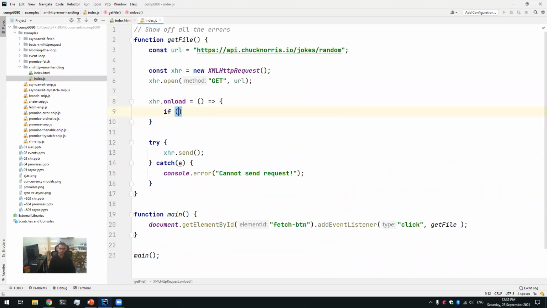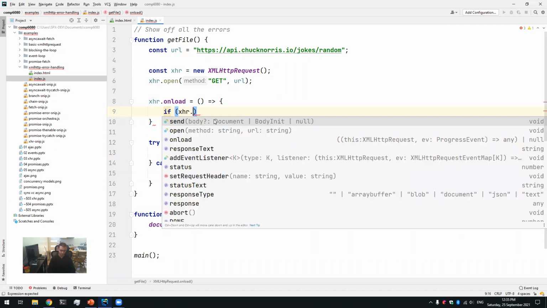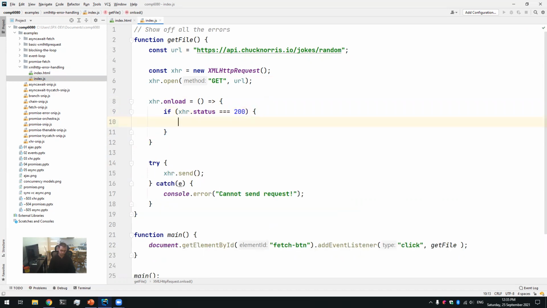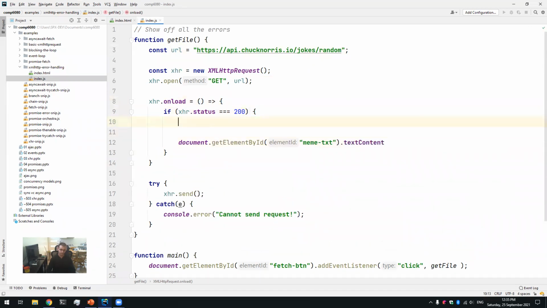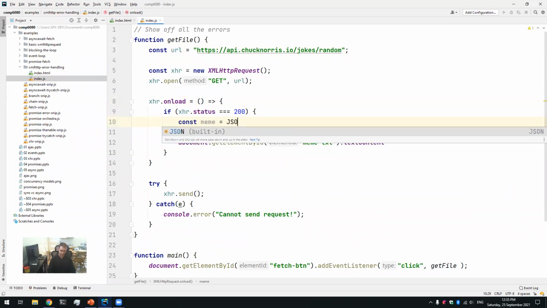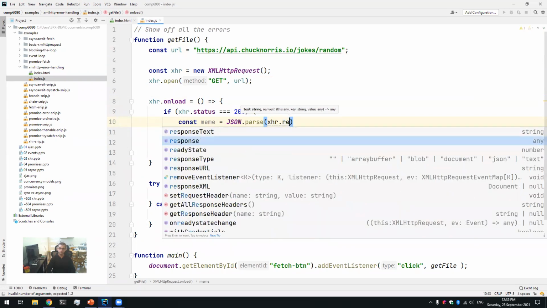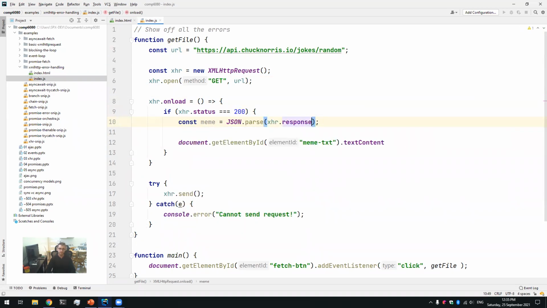Okay, so if we get a 200 again, then we'll just do some meme, which will be document.getElementById. This one is meme text content. Well, I guess we'll have to parse it, won't we? So const meme equals JSON.parse XHR.response. So response and response text are the same thing if the response actually is JSON, because